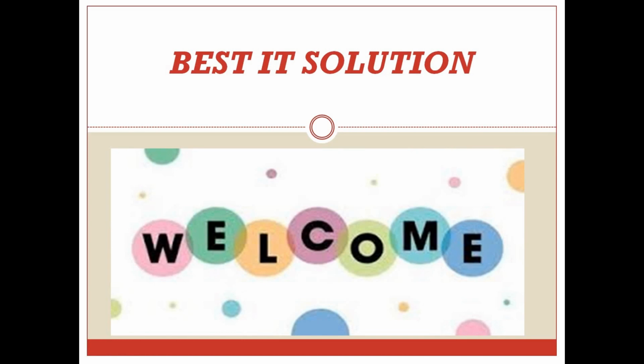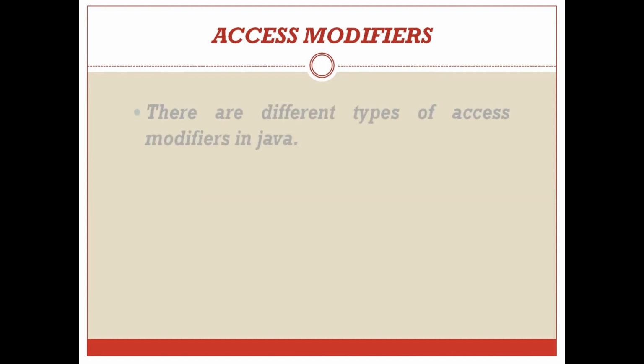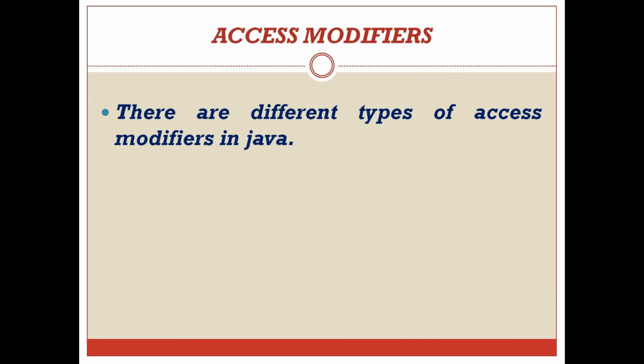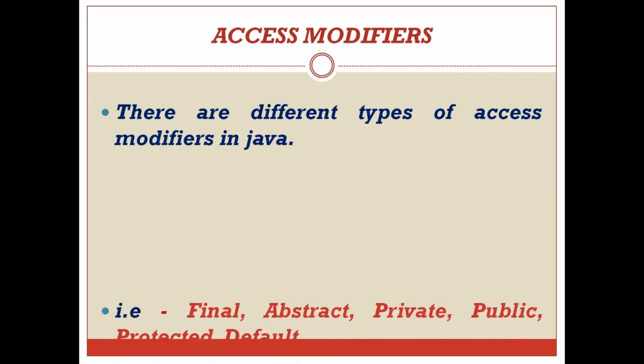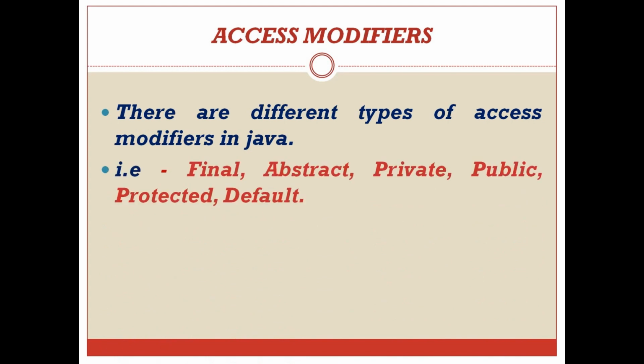And today we will discuss another important topic, that is access modifier. So what are access modifiers in Java and how can we use them, we will discuss one by one. Okay. So there are different types of access modifiers available in Java, like final, abstract, private, public, protected and